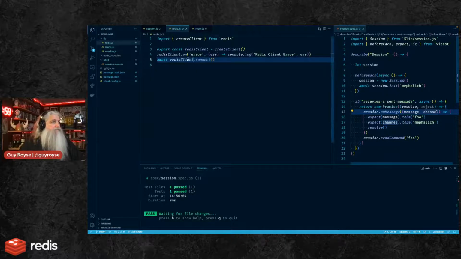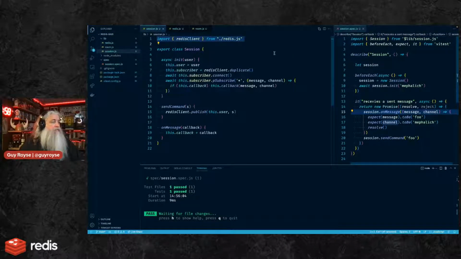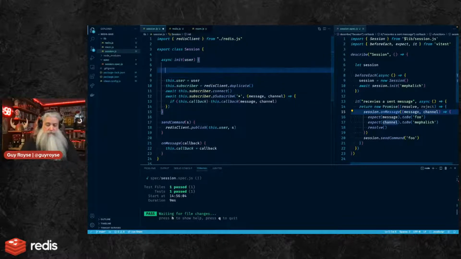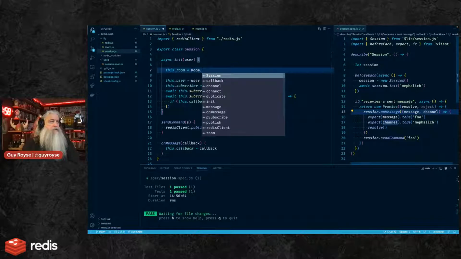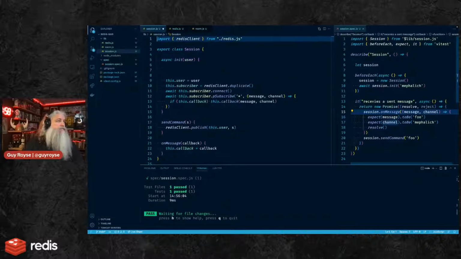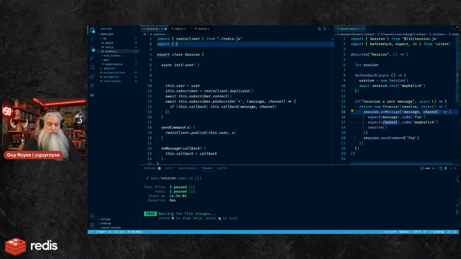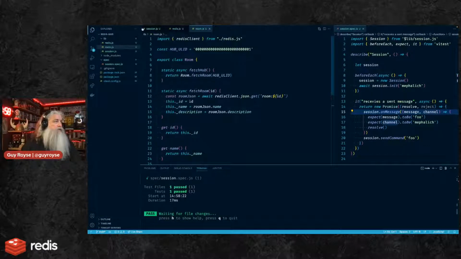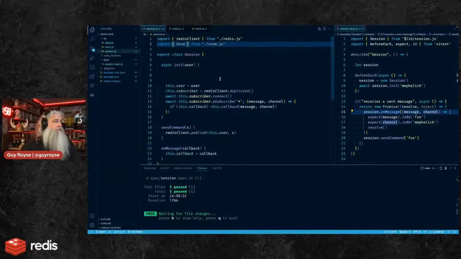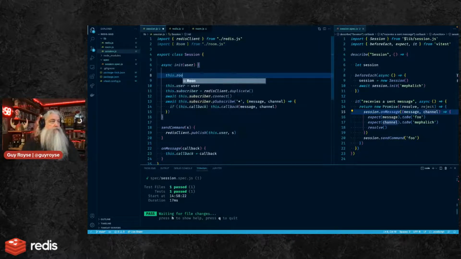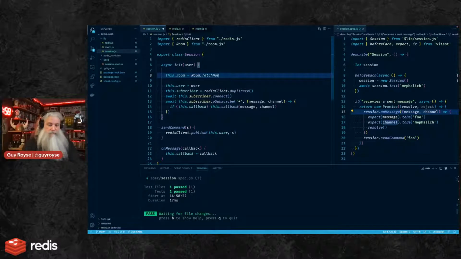But so now, when we init here, we'll say this.room equals Room.fetch. Import Room. I mark that as exportable. We did. And then we'll say this.room equals Room.fetchHub.